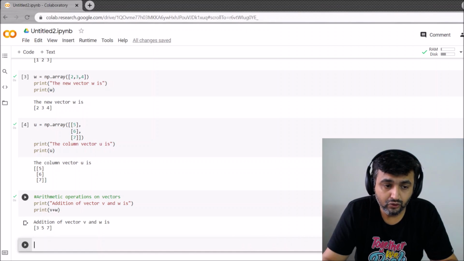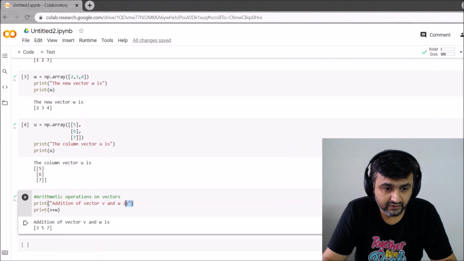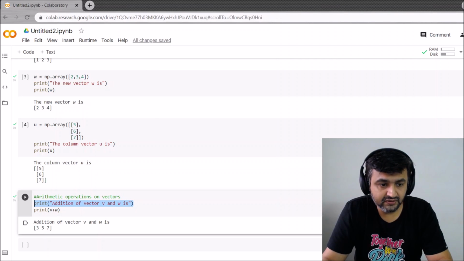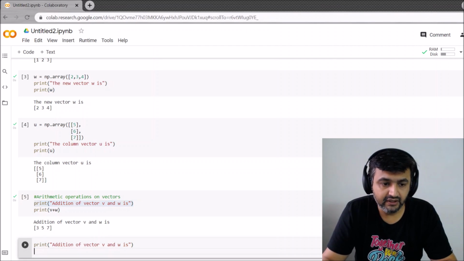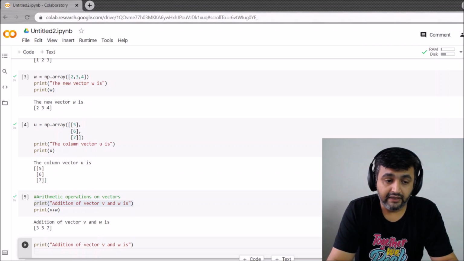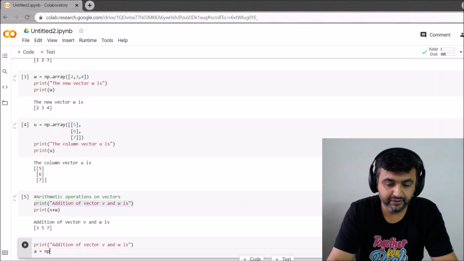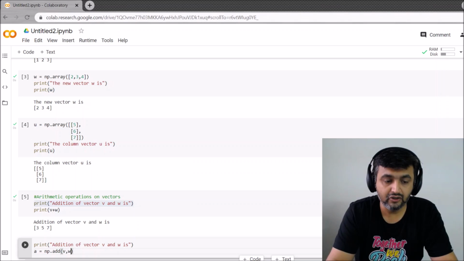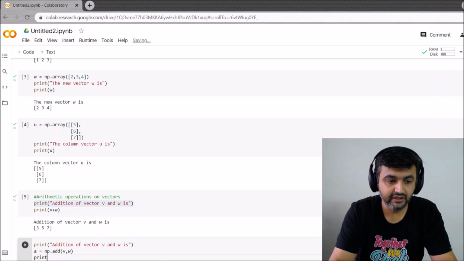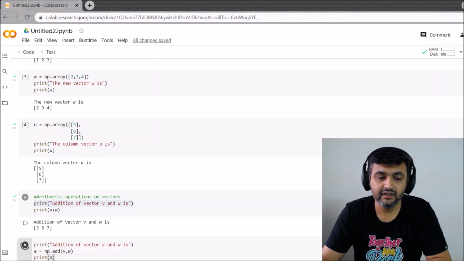If you don't want to write print v plus w, another way is, let me copy this, Ctrl C, Ctrl V, enter, and now I will add them. Let me call a equal to np dot add v comma w, and enter, and then I will say print a, and then control enter.